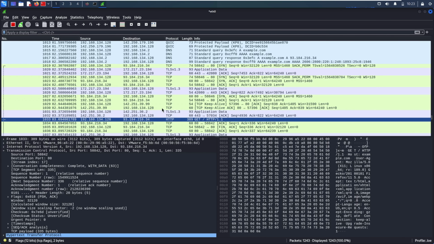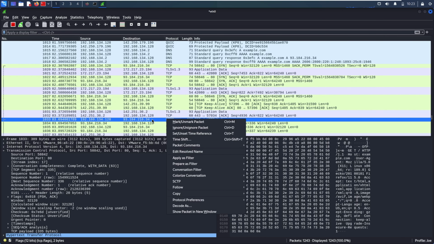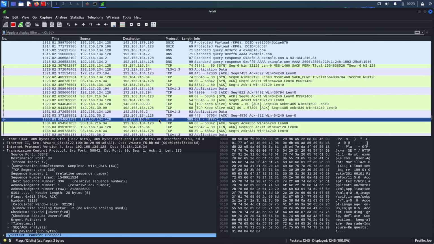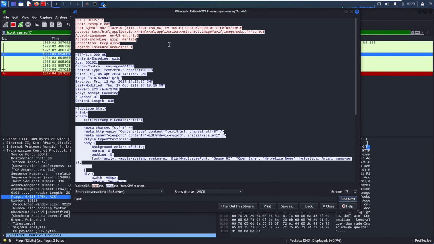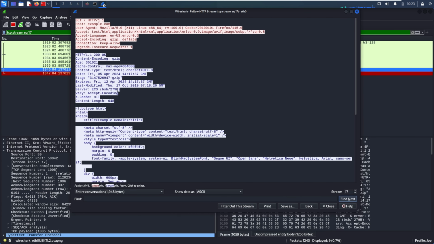For example, if we're dealing with an HTTP session, using Follow TCP Stream, we'll display the GET requests sent from the client and the corresponding responses received from the server. To access this feature, simply right-click, hover over Follow, and then select either HTTP Stream or TCP Stream, depending on the protocol being used. When dealing with HTTP, most of the content will be displayed in plain text, making it